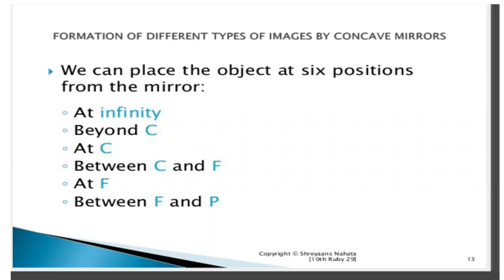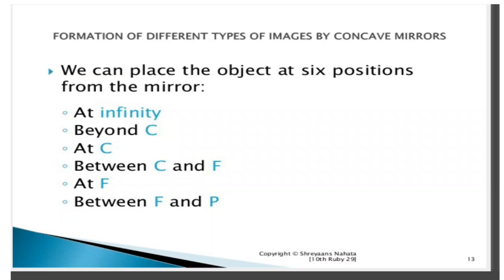The fourth rule: if a ray of light is incident at the pole of a spherical mirror, it gets reflected such that the angle of incidence is equal to the angle of reflection. Using any two of these four rules, as you know from mathematics, for lines to intersect we require at least two lines. In the same way, to draw ray diagrams for image formation by a concave or a convex mirror, we use at least two rules so that we get the point of intersection and the image formed.